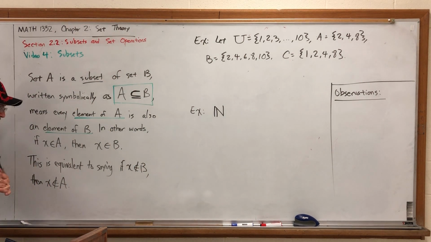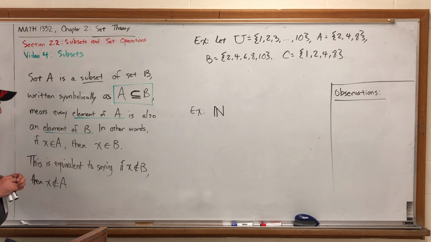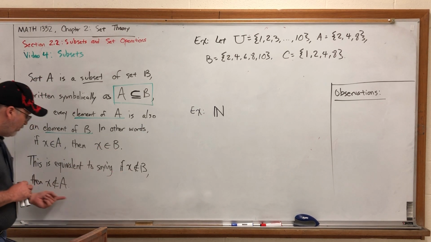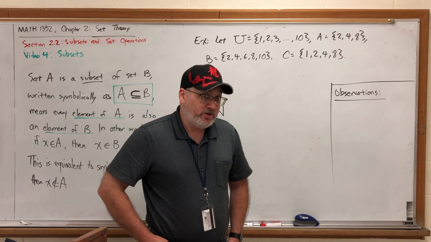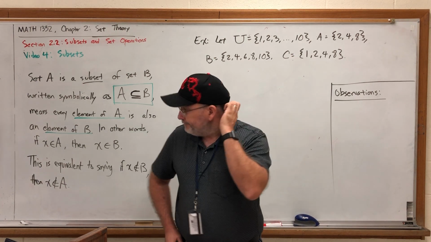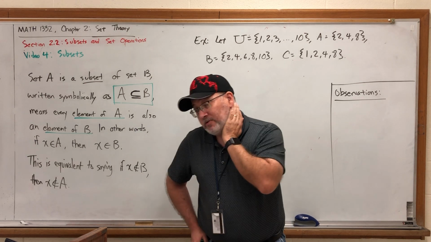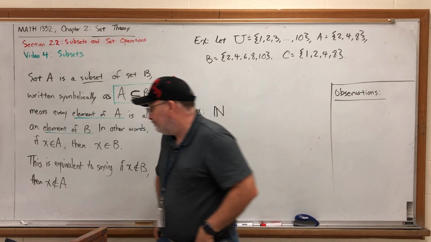There's an equivalent way of saying you're a subset, not by talking about what you must belong to, but about what you must not belong to. The standard way of thinking about a subset is if you belong to the smaller set, then you must belong to the larger one as well. You can also say it means if you don't belong to the larger set, then you don't belong to the smaller set either. For example, if you're not a mammal, then you're certainly not a dog. Why? Because dogs are a subset of mammals. Now, if you're thinking there's a Venn diagram picture for this, you are correct. But we're going to see that in the next video.